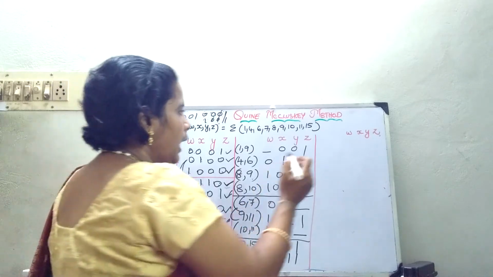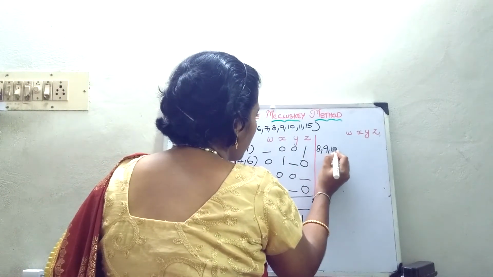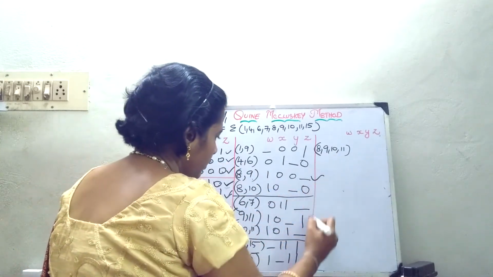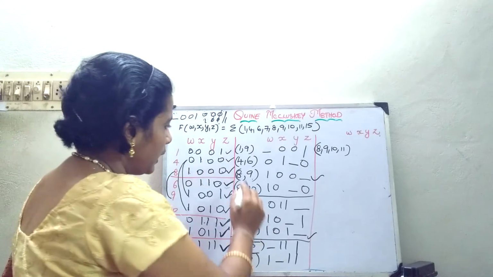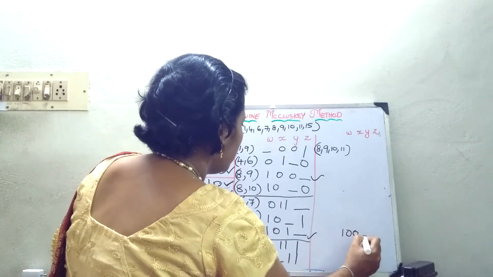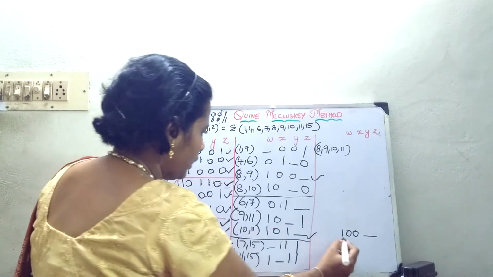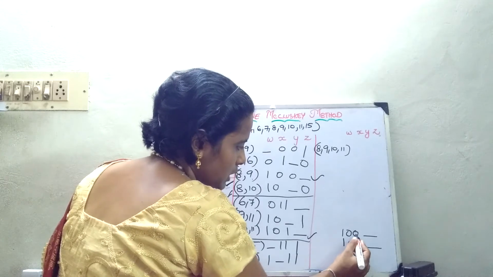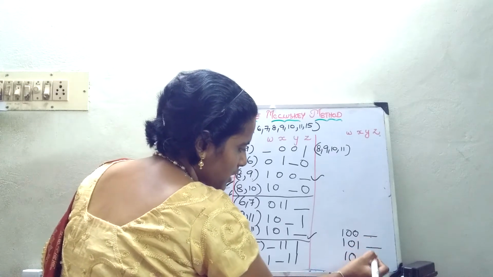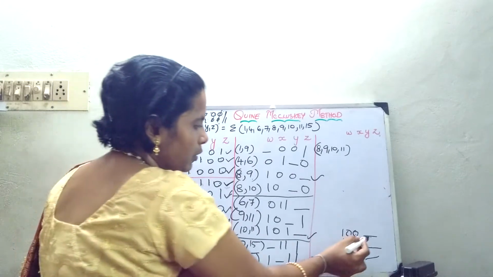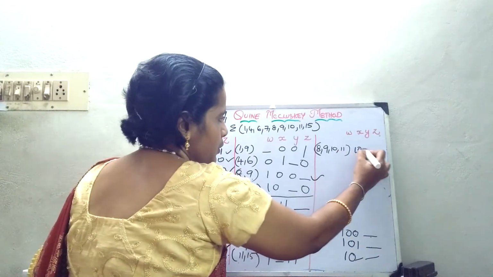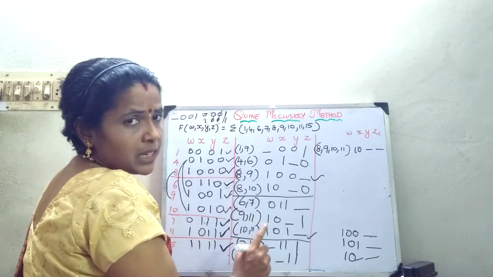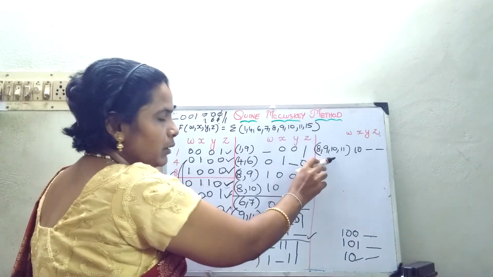Okay. So here I am just writing the thing which is matching alone. 8, 9, 10, 11. Okay, let us take this value. 8, 9, 10, 11 is 1, 0, 1 dash. That means first variable is matching, second variable is matching, the third variable is not matching, put a dash. Here dash dash is there, you have to put a dash. Even if the dash matches, you have to put the dash. Okay. So 8, 9, 10, 11. So when you are seeing this, okay, I am just writing the final answer.